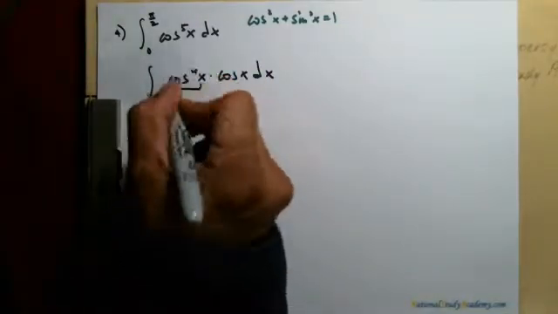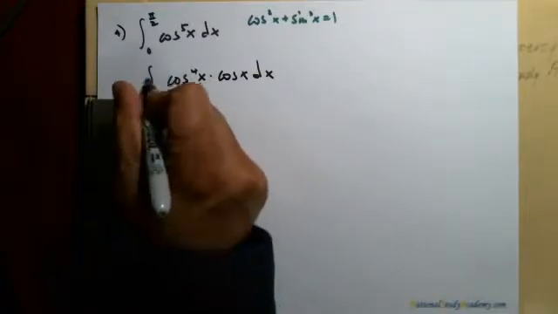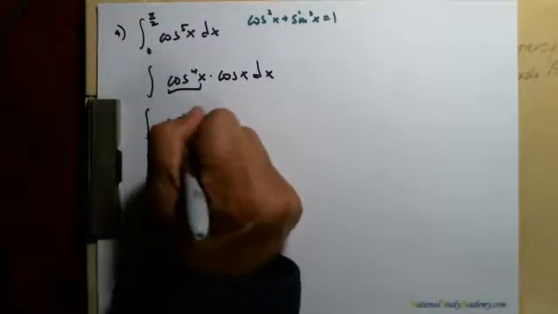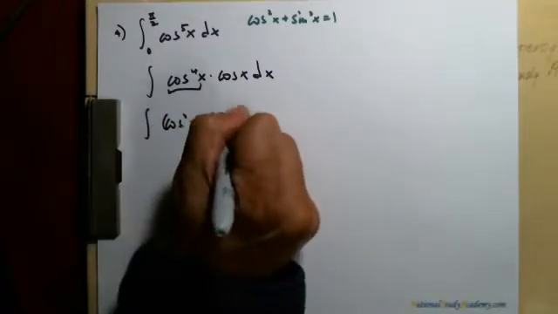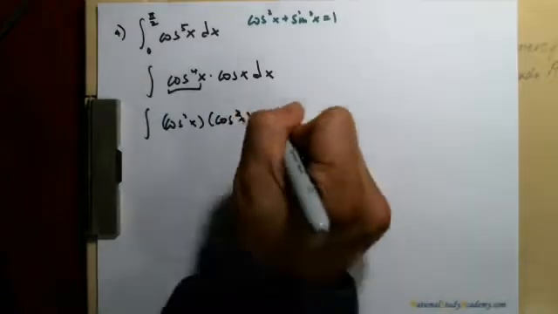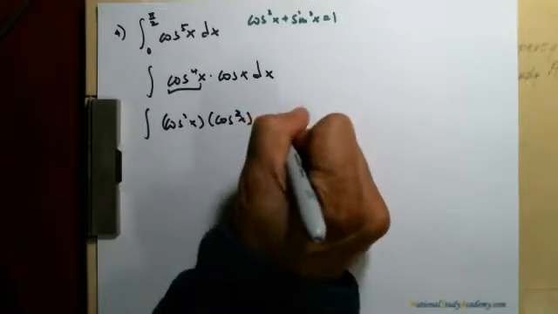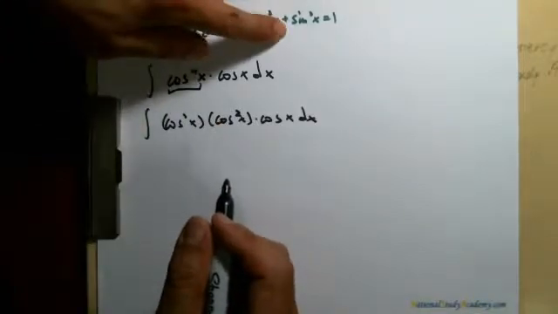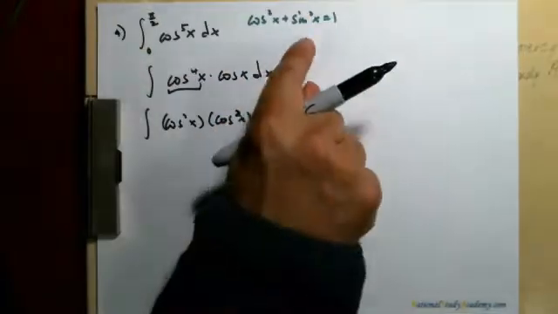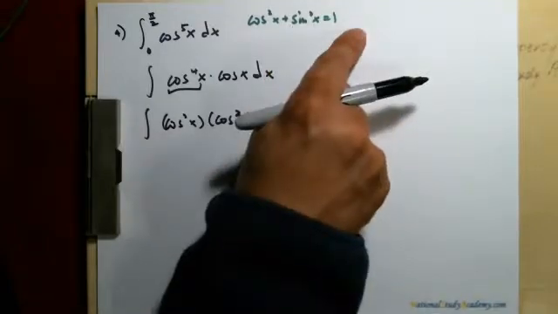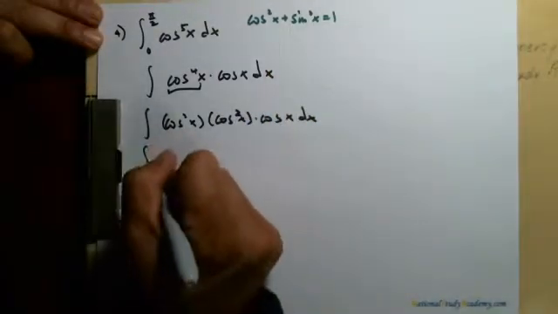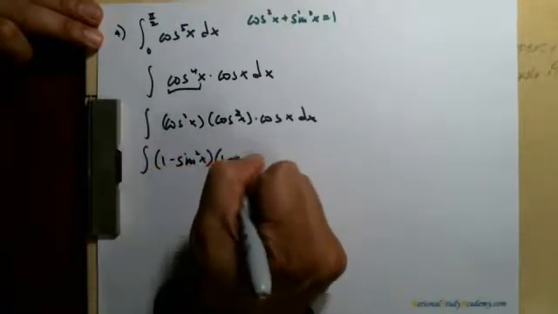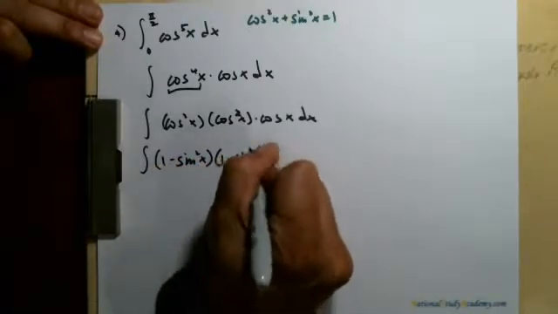And we know that this is the same thing as the integral. I'm not going to write the limits of integration yet. Same thing as cosine squared of x times cosine squared of x times cosine of x dx. We know that cosine squared of x, if you move the sine squared to the right side, it becomes 1 minus sine squared. So that's the same thing as 1 minus sine squared of x times 1 minus sine squared of x times